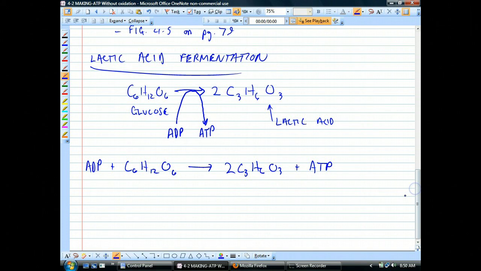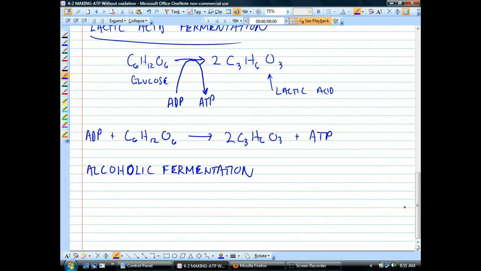So that produces ATP. And then finally, and then we'll be done with the lecture after this, we have alcoholic fermentation. Your cells do not do this, folks. You don't get intoxicated as you're running around the track, right? Your cells don't do this. This is accomplished by yeast, right? And here's the formula. C6H12O6 produces C2H5OH, which is ethanol,